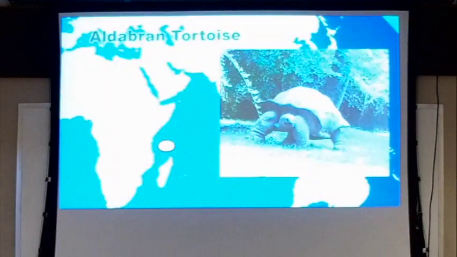We have an example today. There was a report a few years ago of an Aldabran tortoise that washed up on the shore of Africa. Aldabra is right here, in that big yellow circle, several hundred miles away from the coast of Africa. And apparently some poor giant tortoise that lived in Aldabra got washed up on the shore of Africa after a traumatic sea journey. So it's possible.